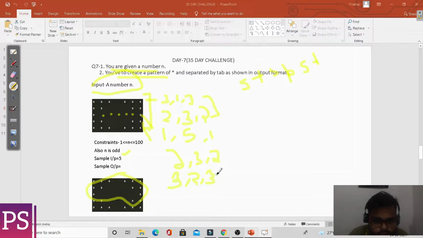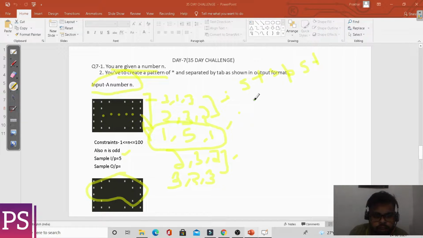In the other part, spaces are decreasing and stars are increasing. The middle part is like the constant part.